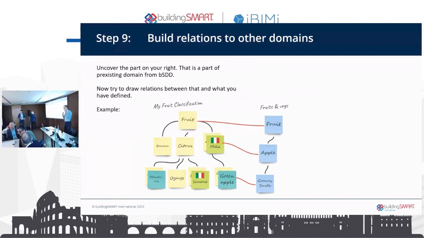So please rotate this page and take those post-it notes and put them on the side of your sheet so that you can draw relations and see if something is related to what you already prepared and show that there is some connection. I have an example here: in our fruits and vegetables classification, there was already the concept of apple, which is the same as my Italian mela. So please try to do this.